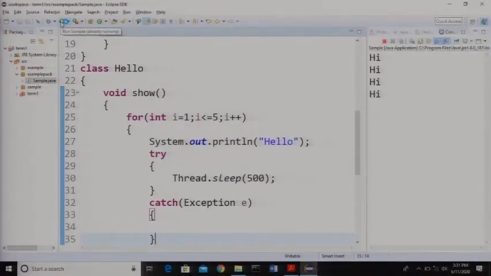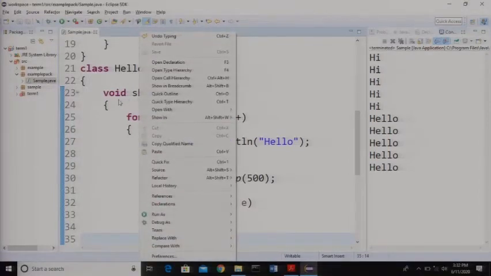Yes, now you can see that they are getting printed one after the other. Nothing was printed at once. In the previous execution, we saw that all those 5 hi and all those 5 hello words were printed all at once. Instantly you could see everything getting displayed on the screen. Now since we have introduced this delay, each word is getting printed after half a second.